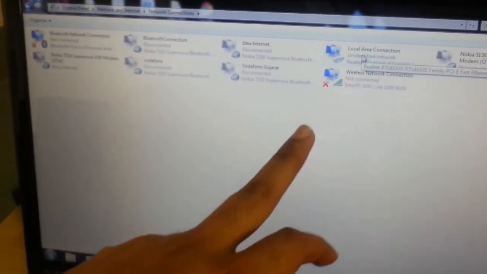You will be provided an option of Change adapter settings. You will be given so many network locations over here. We need to select Local Area Connection. Right click on Local Area Connection, Properties,